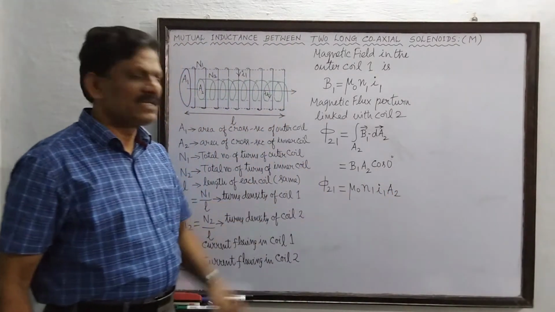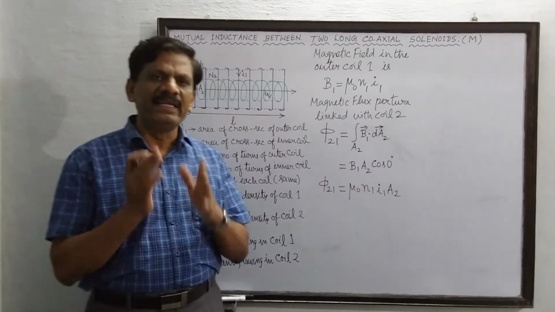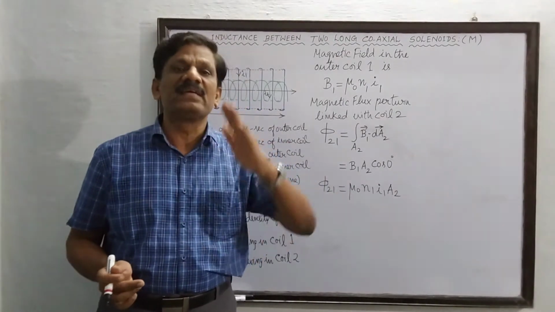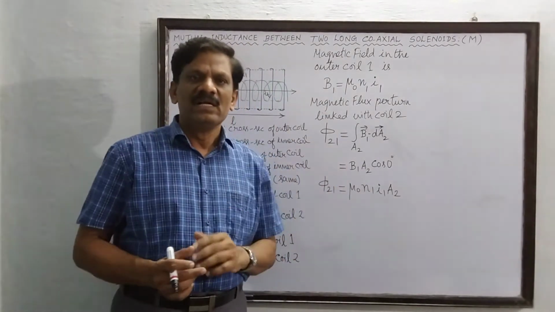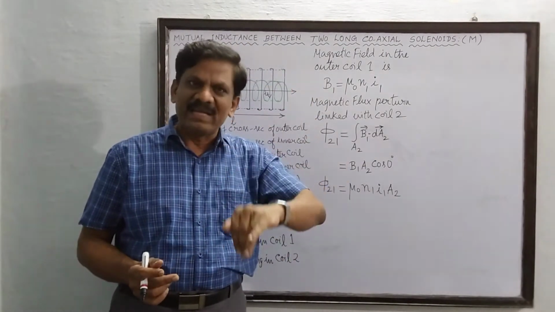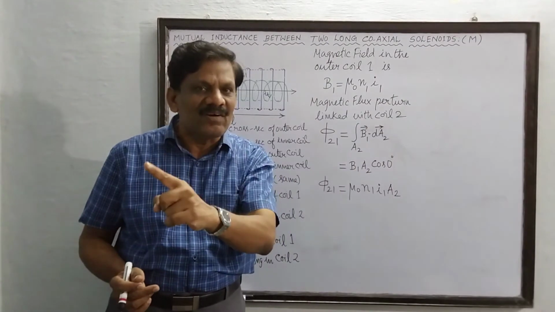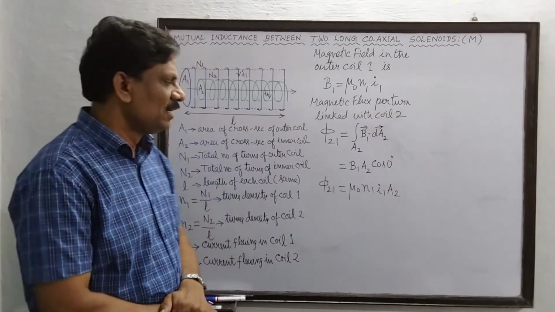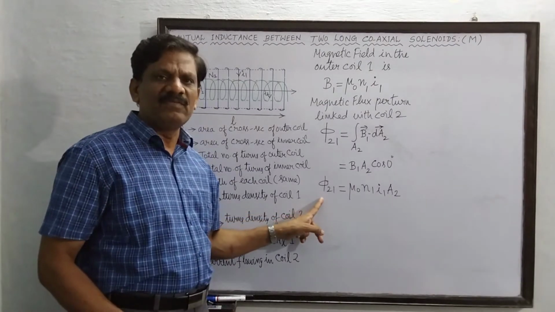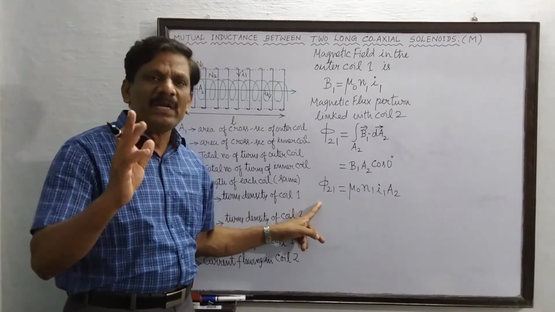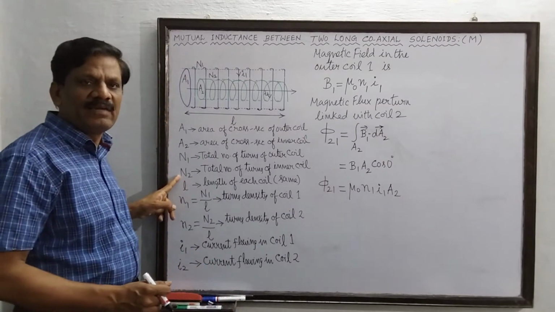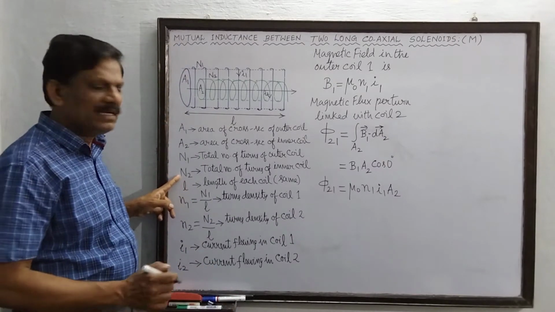So this is the expression for the magnetic flux linked with only one single turn of the second coil, which is placed inside the magnetic field of the first coil. Since two coils are involved, carefully you have to understand. Okay students, if this is the flux with one turn, how many turns are there in the secondary coil? You see, the second coil has N2 number of turns, is it not?